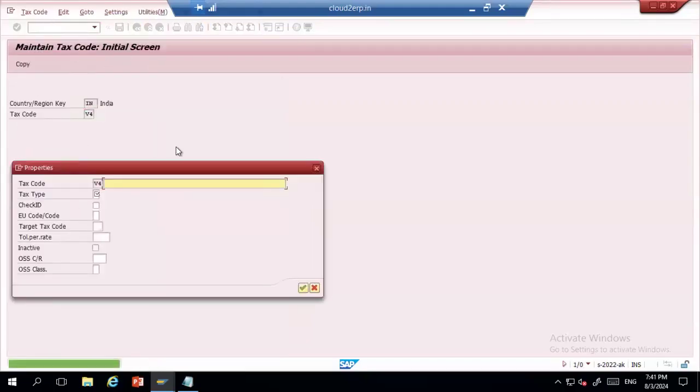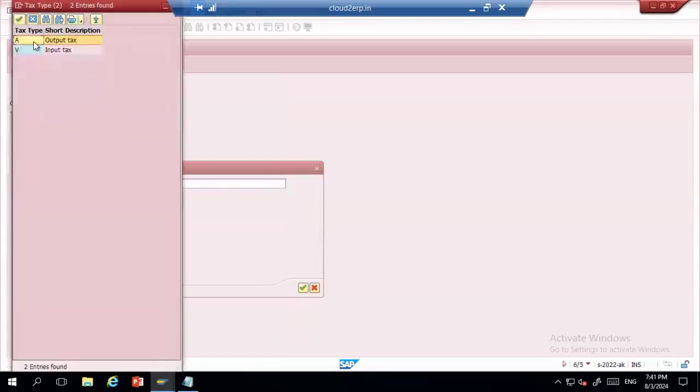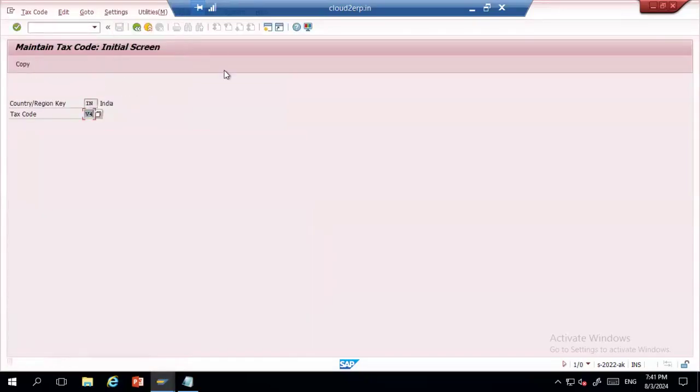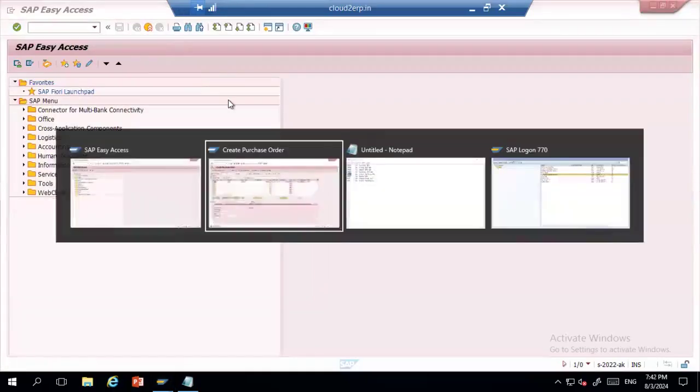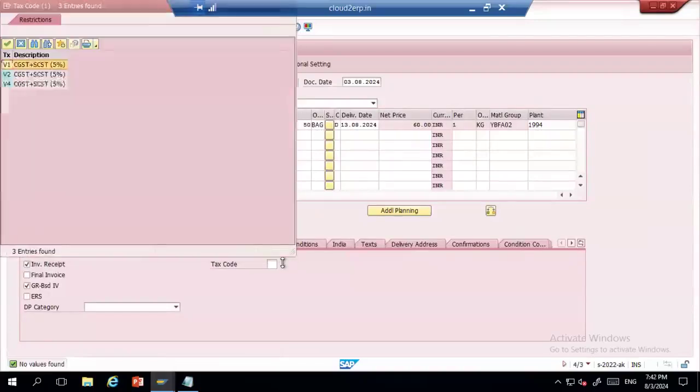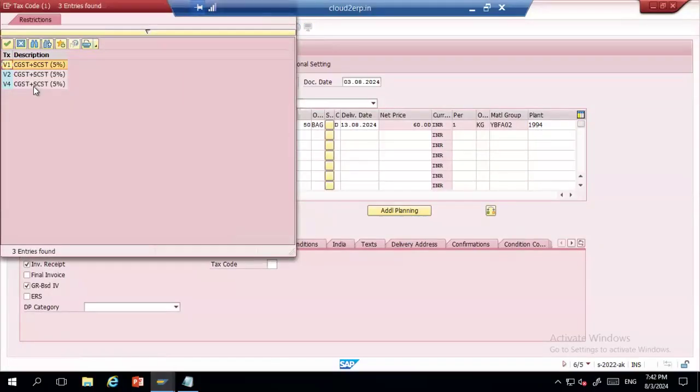So now I'm creating an output tax with the same value, and let me see if the output tax comes into the picture. In that case, I would have made a mistake. Instead of input tax, we should have created the output tax. Okay, so it was a mistake, I guess.